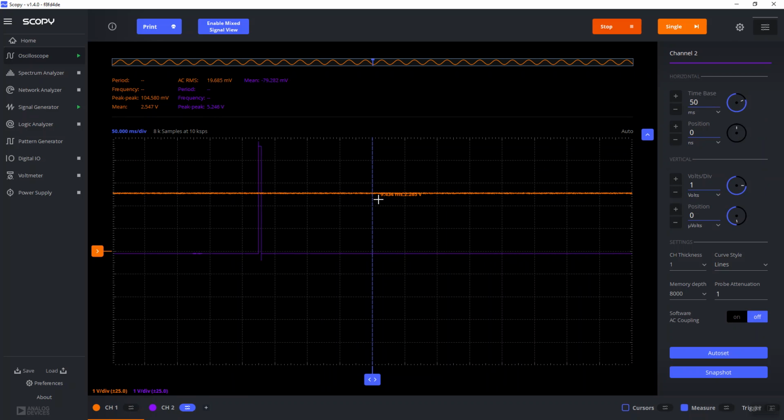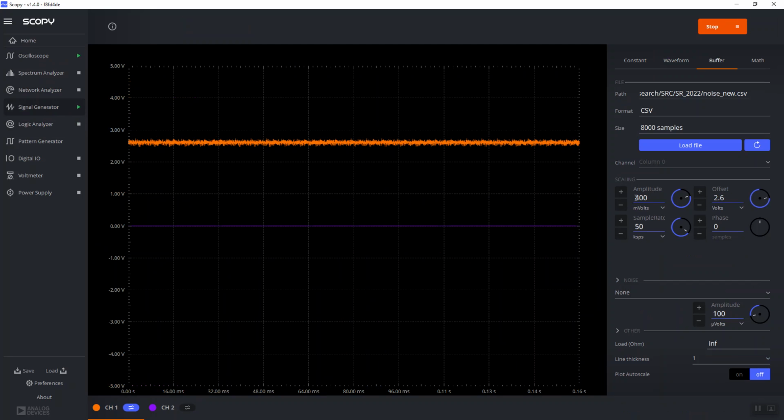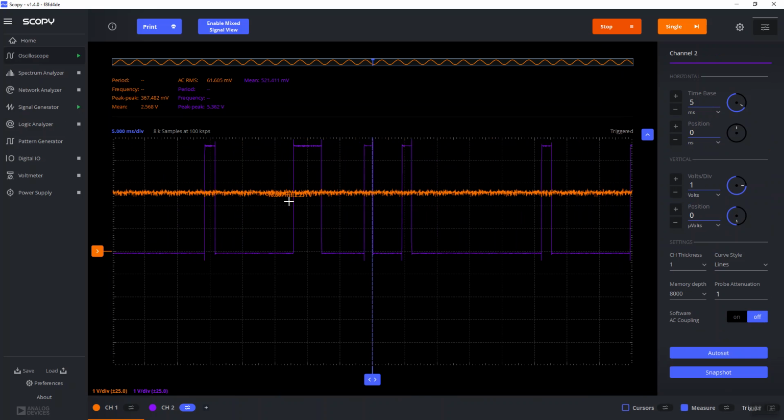And yeah, there's a transition very infrequently, but I found that for this case 5 milliseconds is really the way to go. So this isn't really a good place to start for our experiment, but I wanted to show you what it looked like when nothing was going on. So we'll go back to the signal generator and just type in 500 millivolts, and now we can see some